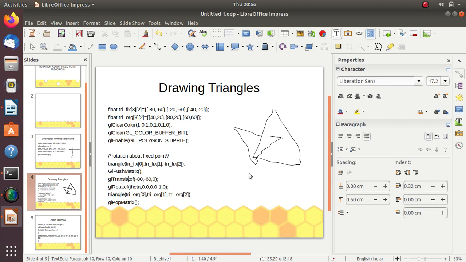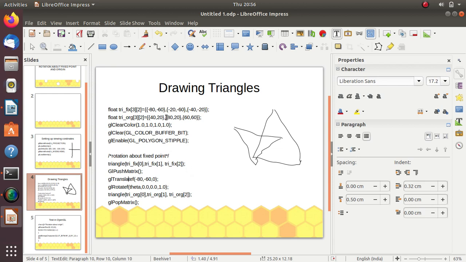Translate is nothing but when we want to move an object from one place to another, we make use of the translate function. So basically when we want to perform a rotation with respect to any other fixed point other than the origin, it is like we are going to translate that point to the origin. Instead of the origin being fixed, we want some other point to act as the origin. Like we are going to shift the point